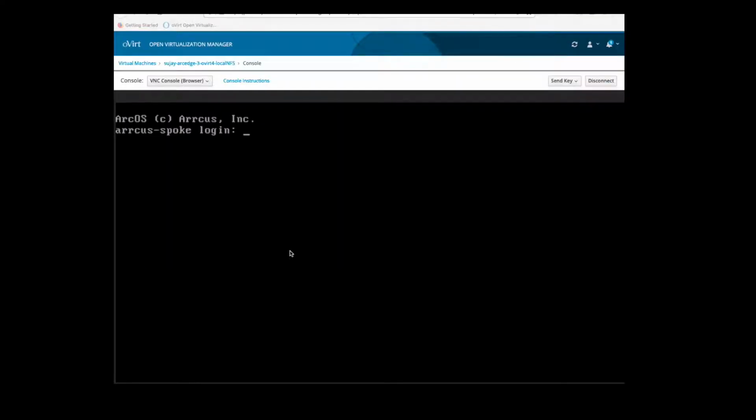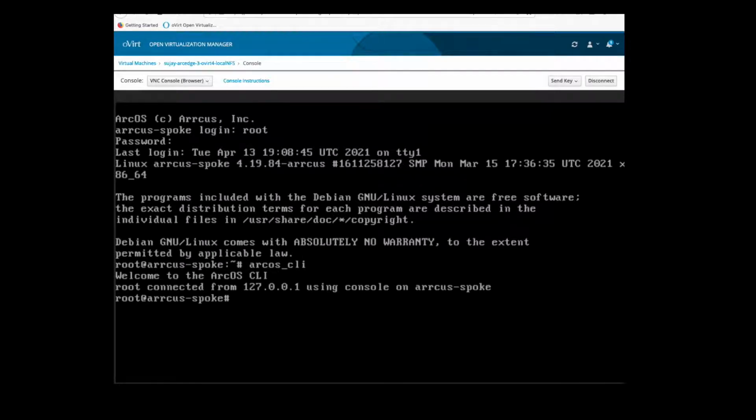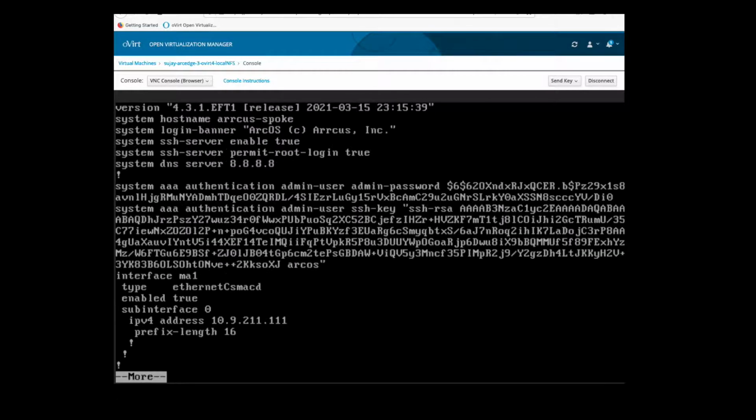Next, we will show the Arc-Edge spoke instance at the remote on-prem site. It has been deployed using oVirt. We will log into the VM and go into the Arrcus CLI. Let's take a look at the running configuration to show that it has been configured similarly to the Arc-Edge hub